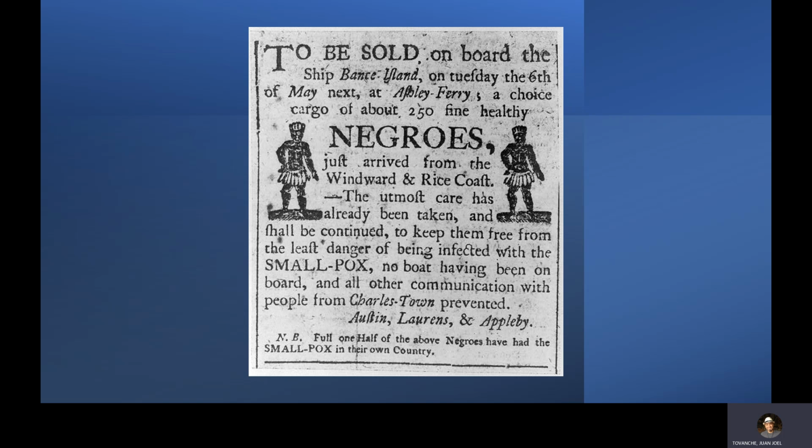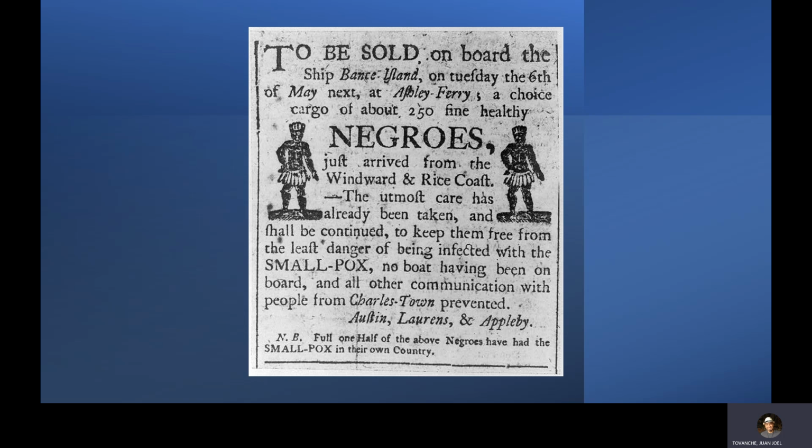Okay. Now I look and I see Ashley Ferry, and then I see the word Charlestown, and it turns out, just doing some searches, that Ashley Ferry is a place right outside of Charleston, South Carolina. So we're not talking Georgia here. We're talking South Carolina, I think. Well, okay, Charlestown, we see it there toward the bottom, but we don't see Charleston. Charleston, South Carolina is spelled Charles and then T-O-N. But here we see Charlestown. But there's a connection here, as I said. In fact, Ashley Ferry is a place right outside of Charleston, South Carolina today. So I am convinced that this, of course, is in South Carolina,